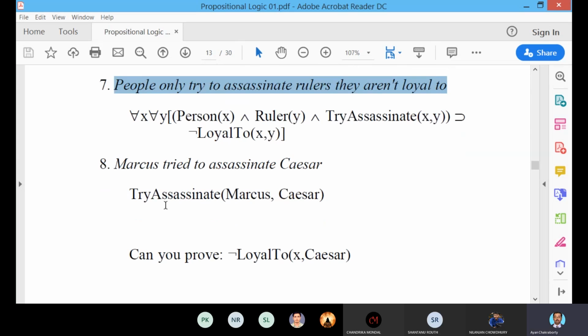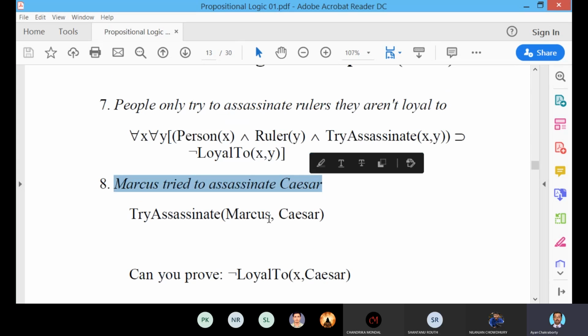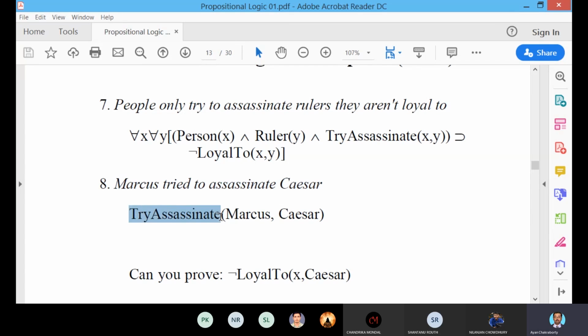Okay, and the last one. Now we can go to the last statement: Marcus tried to assassinate Caesar. It is very simple.